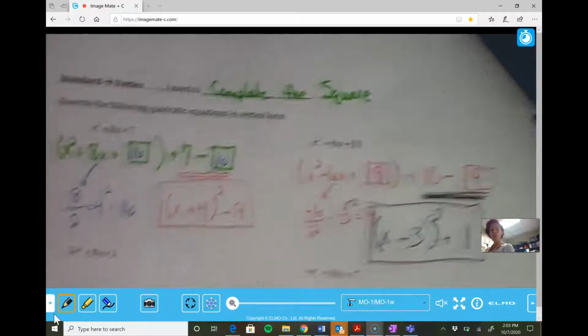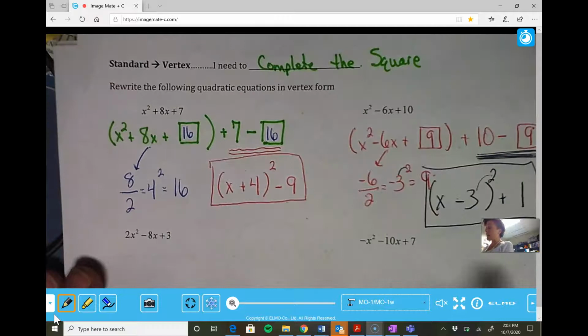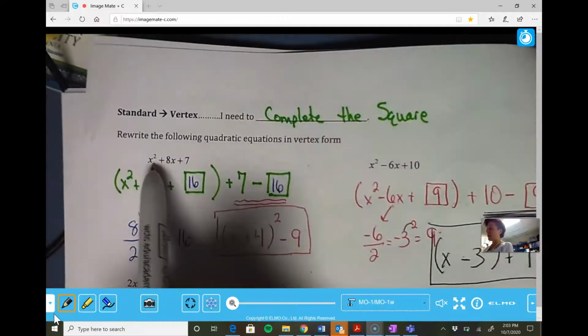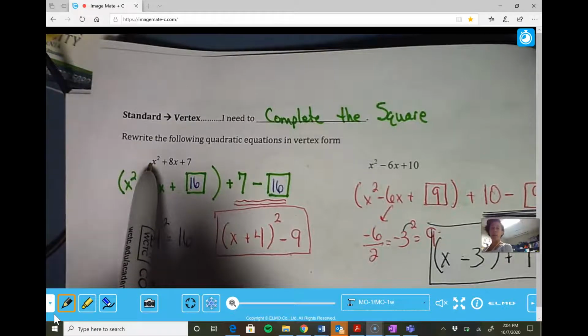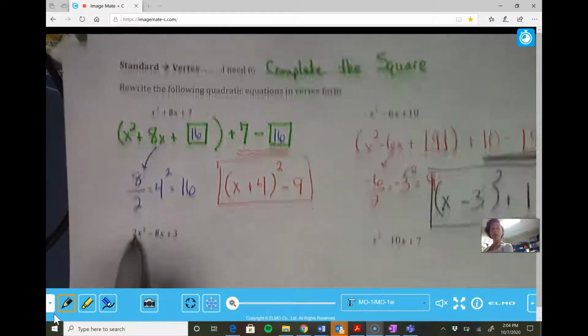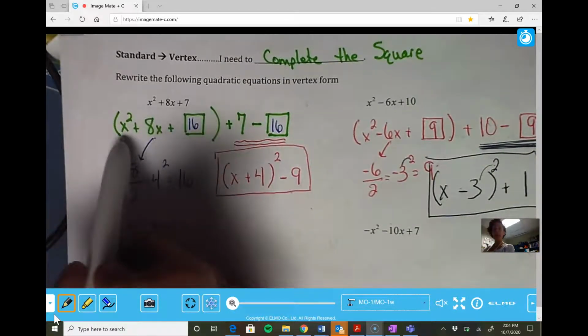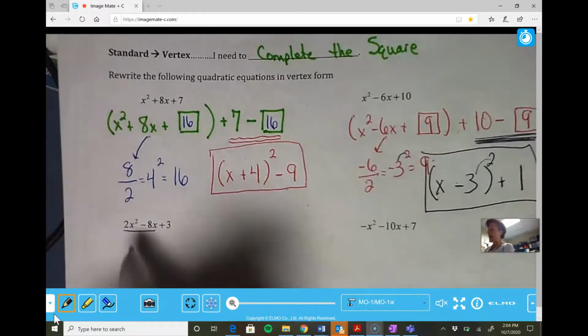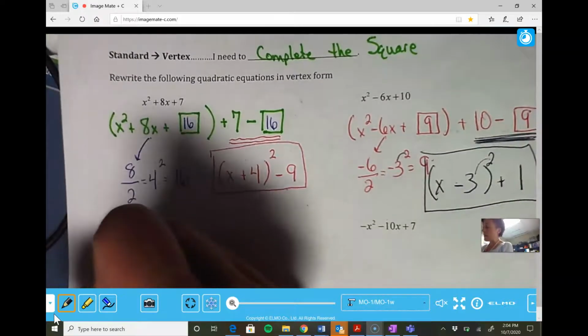So I'm just going to show you one of these extra problems. In order to complete the square, our leading term has to be x squared. I can't have a coefficient. I shouldn't have a number in front of it. So when I group these x's together to make it look like x squared plus a term, I will have to factor a 2 out of these two. So I'm going to factor that 2 out,